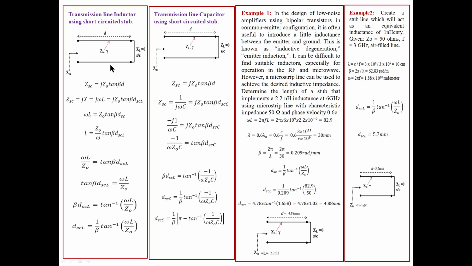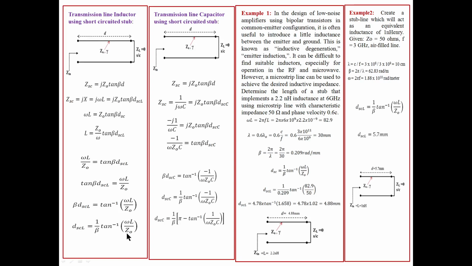I already gave this in the earlier class. So now you can use this as an inductor. What is the requirement here? Based on the L value, whatever L is needed here, you should find out this length, and you should use this equation for calculating the length of the line. Sometimes you may find it difficult using tan inverse and so on. Instead of this you can use a Smith chart to find out the length of the line based on your L value. Based on this L, you can find out this distance using a Smith chart easily.